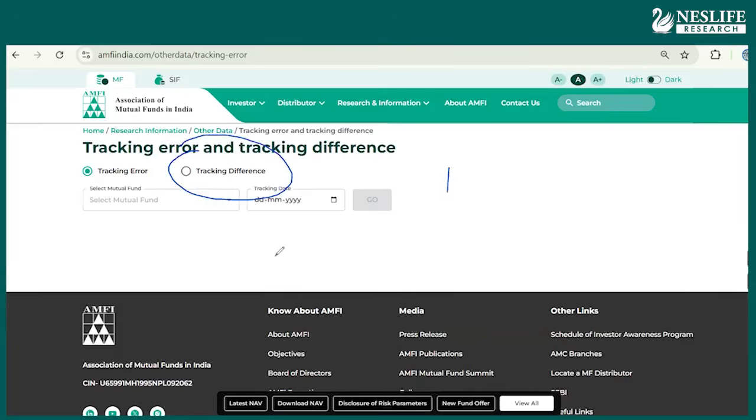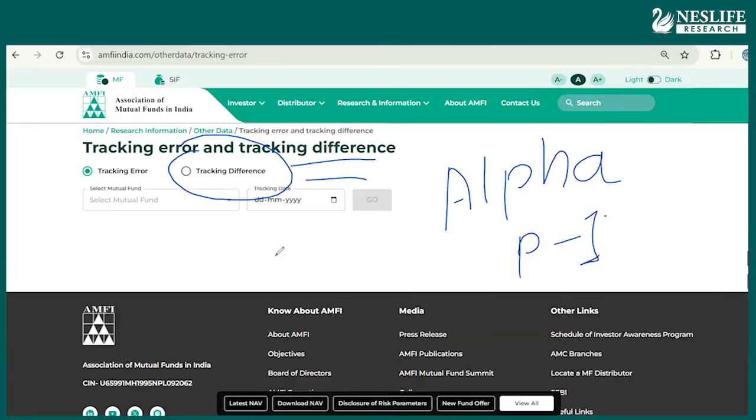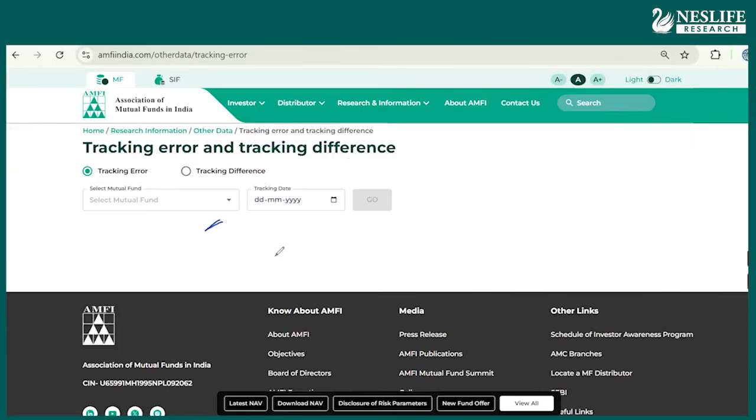The way we have alpha. If you understand, the alpha is the portfolio return minus index return. Okay, so this is like the alpha. We will not use the word alpha because the concept is slightly different, but this will act as alpha. How much alpha? And this is most of the time negative alpha. That's why we will not use alpha. It is a negative alpha because it is most of the time negative.